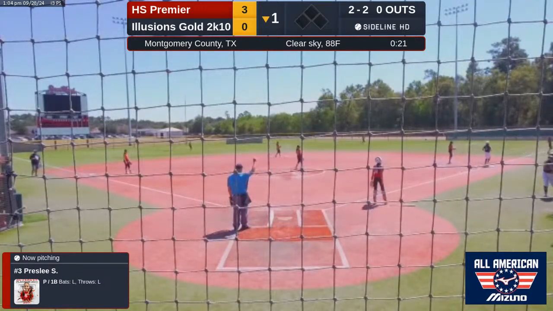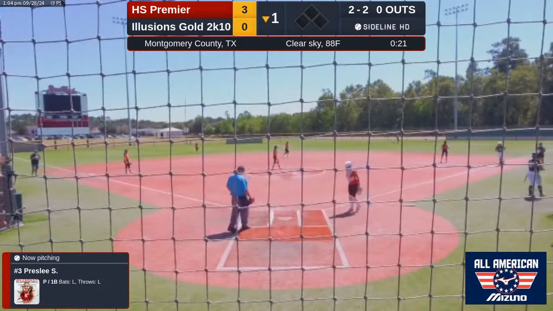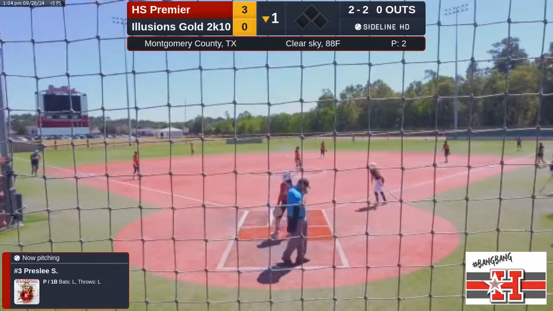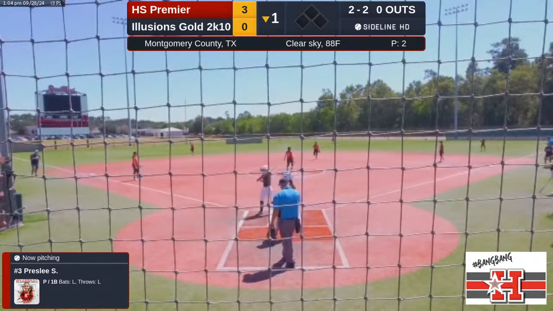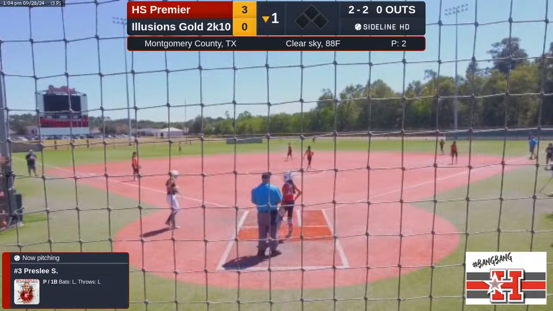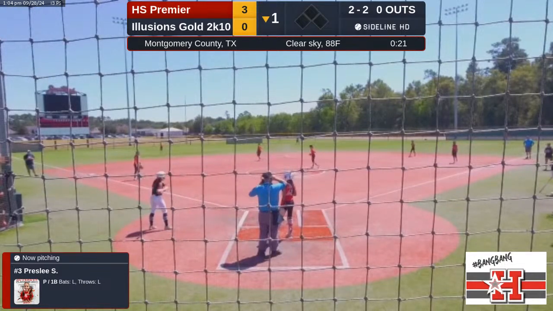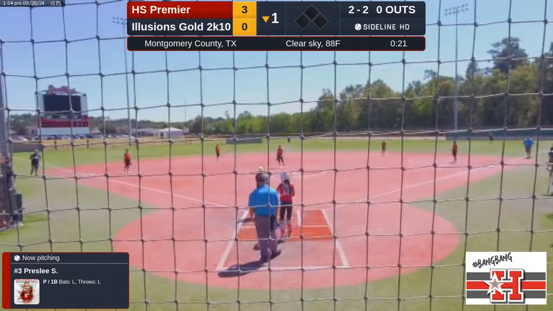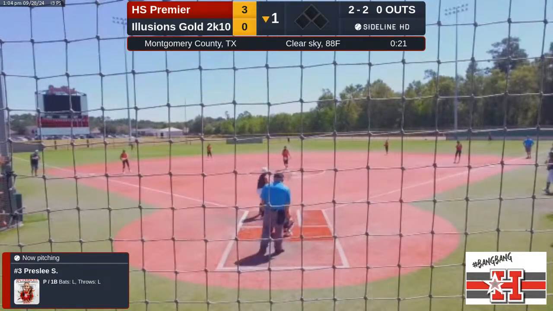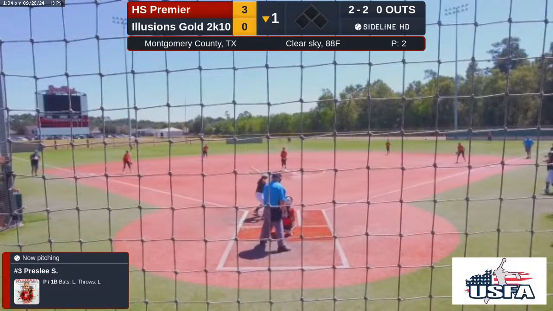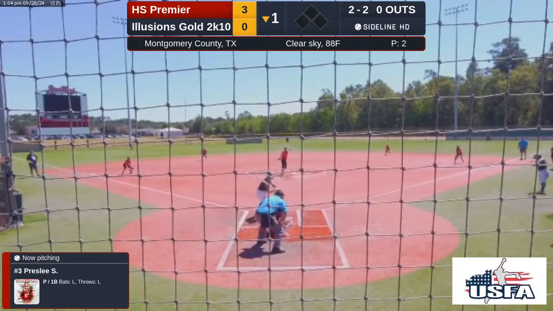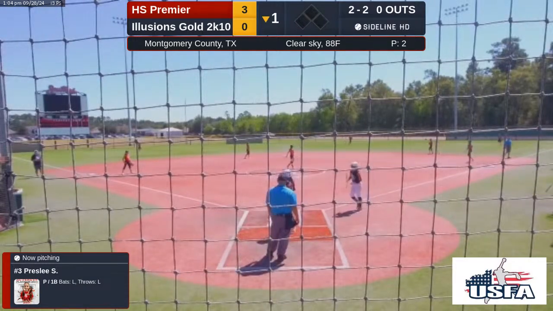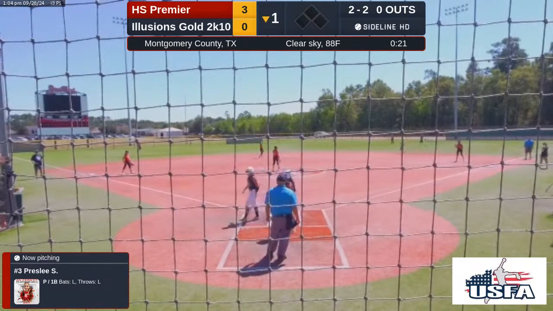It's slicing and it's foul. It's another one hit hard to the right side and foul. I believe we have a 2-ball, 2 strikes.